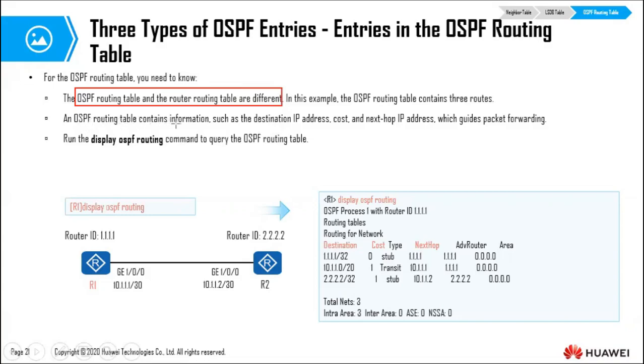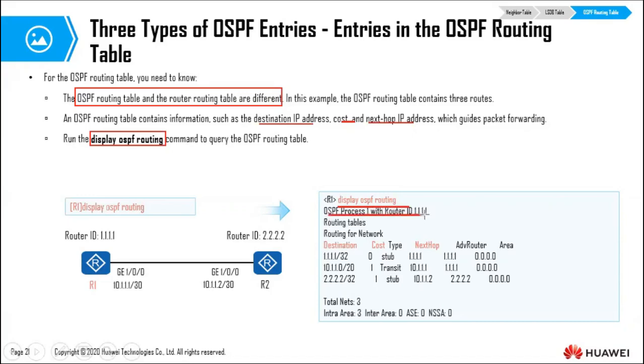The OSPF routing table will contain information such as the destination IP address, the cost, and the next hop IP address, which guides packet forwarding. The command to use is display OSPF routing. So on R1, if we do display OSPF routing,